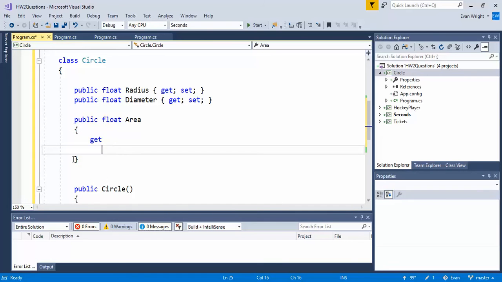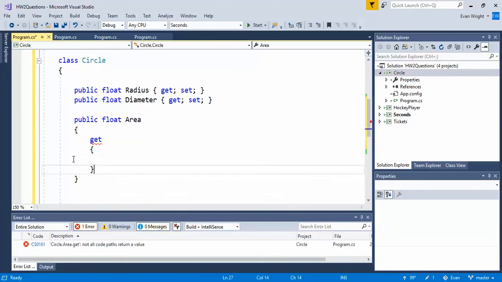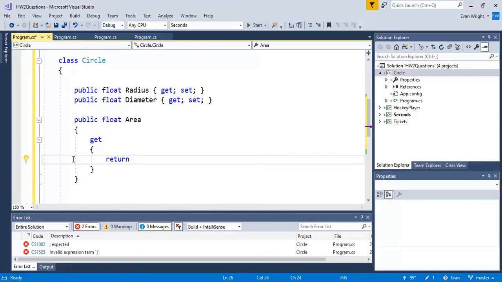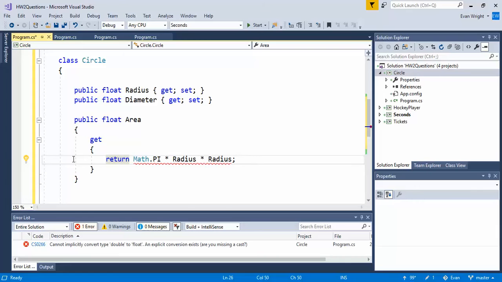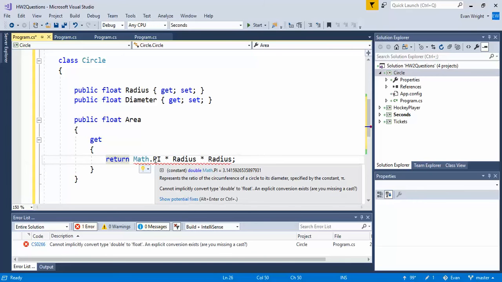So the get accessor for the area property will return, let's see, Math.PI times the radius times the radius. And why does it not have... Oh, probably because Math.PI is a double. Okay, so